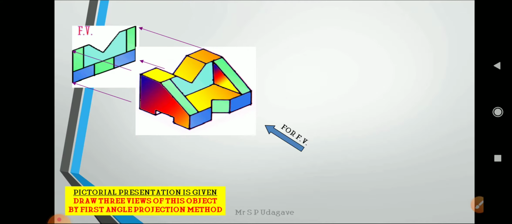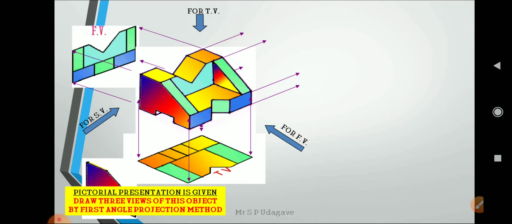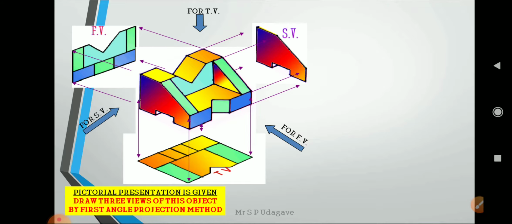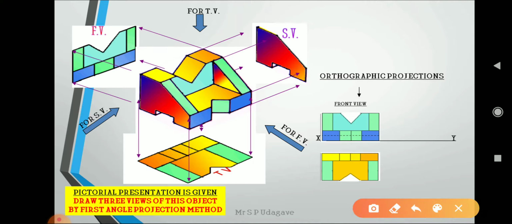The next object, we can also draw the front view with the x direction. That is shown only at the time of the exam; they will give the arrow and the x direction. By using that we can draw all the views. So we draw the top view, and finally the side view. So this is the orthographic projection of this object for the xy line in a single plane. Similarly we can take the projection of the invisible part, and it is shown.